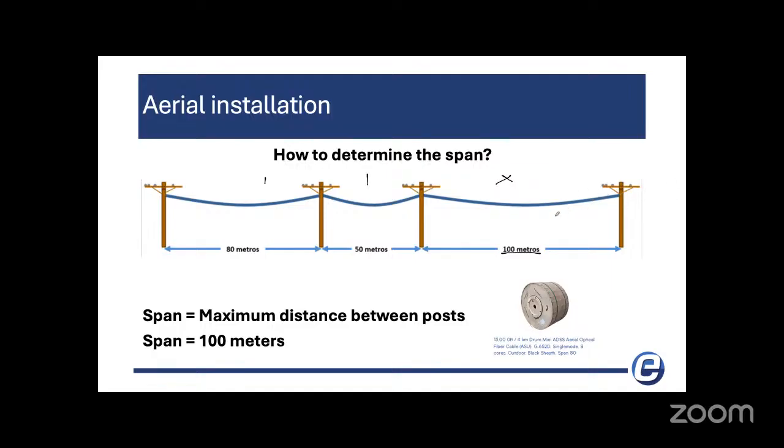If you try, maybe in the best scenarios it goes up to 90 meters. But if there's wind, or if it gets cold and it's too tense, maybe the fiber can break. So let's always go with the span that the manufacturer recommends, because beyond that, maybe it has worked for you, but if it breaks, the manufacturer and we cannot help you, because we are telling you the span we recommend is 80 meters. If you go further than that, it's out of our recommendations, out of our scope. We cannot help you with those types of issues. So instead of using this mini fiber, we will recommend using the normal one for this scenario. Okay, so